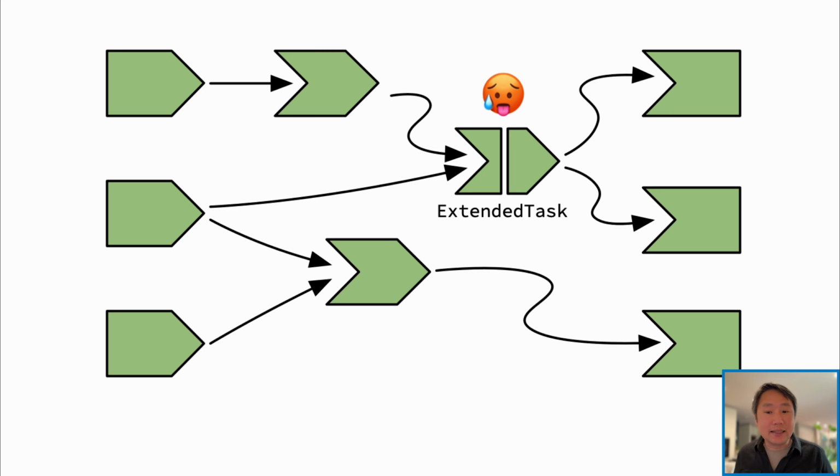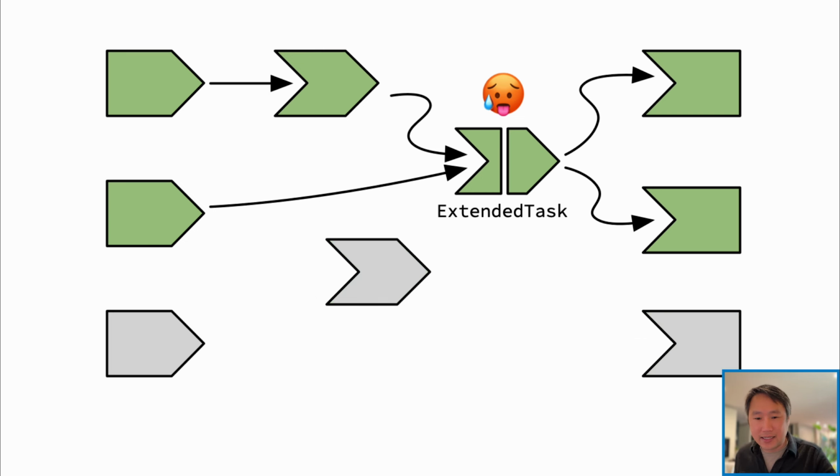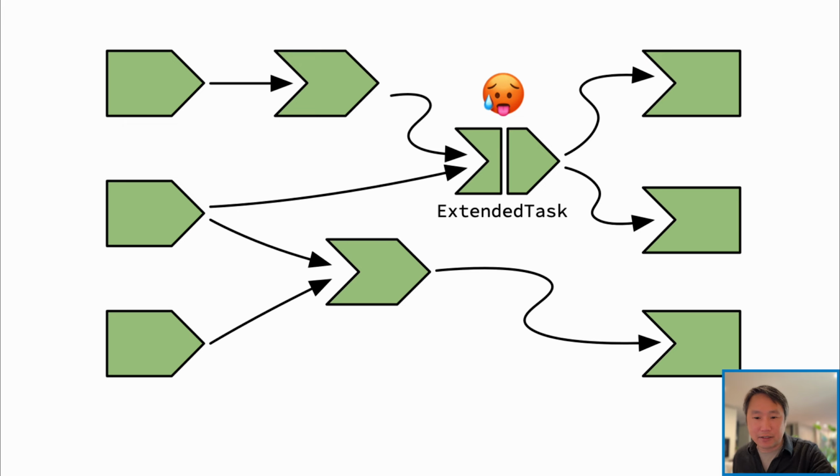So this is great. This means we've completed the tick. Any outputs that are ready can be sent to the browser, and we can start waiting for the next input from the user. So let's say the user touches some unrelated slider or input or button or something like that. That's fine. That part of the graph can respond, can re-execute, can get back to equilibrium, can send results back to the user, and then start waiting for the next input. So this is like when we added a new Microsoft stock quote to the application that was working with extended task while it was still busy. This still works, which is exactly what we wanted.